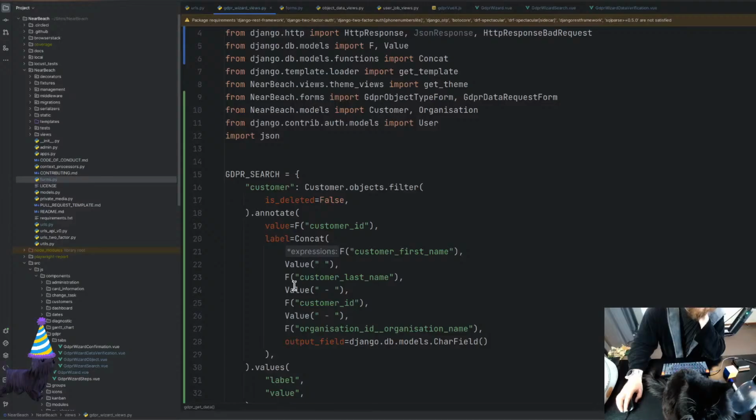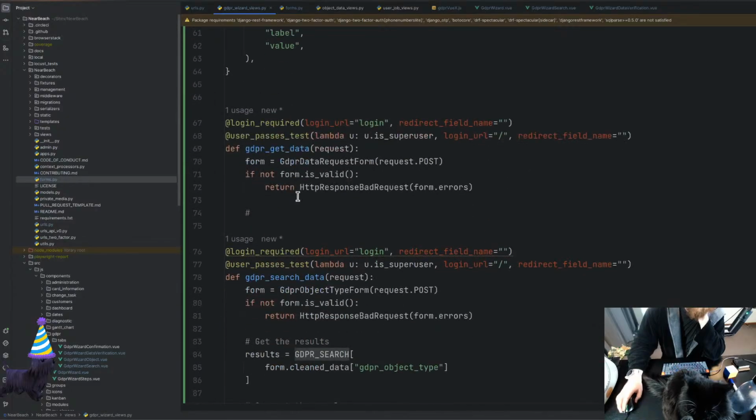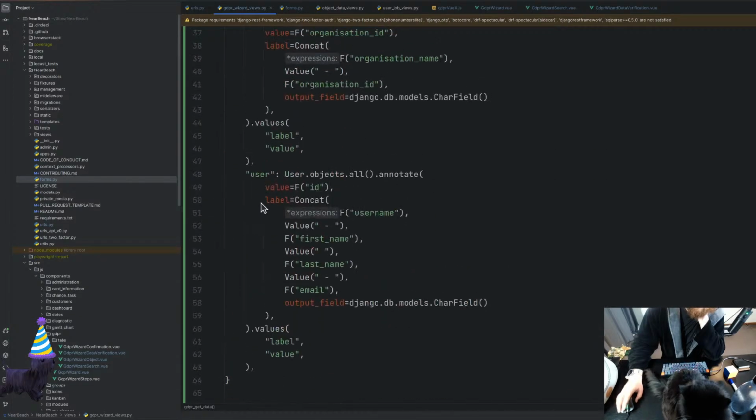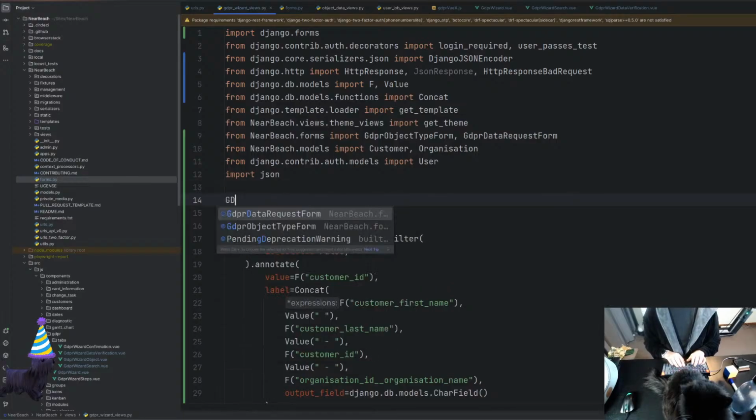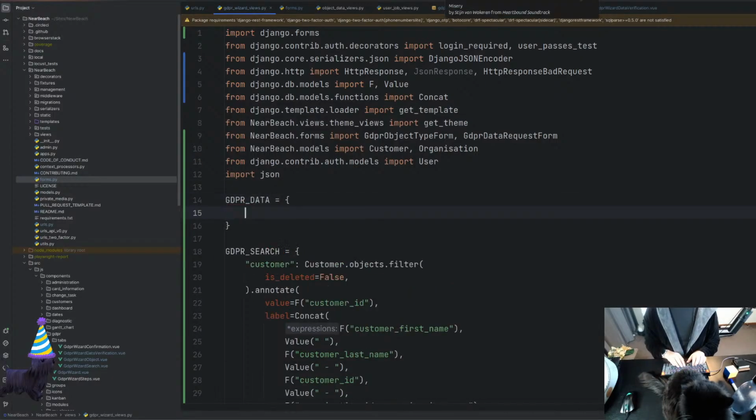I mean, that's for the GDPR search. So what I'm going to do, GDPR data equals, once again, we're going to have customer, we're just going to